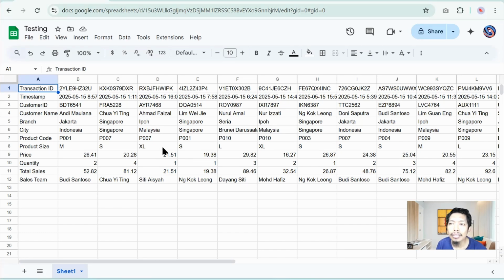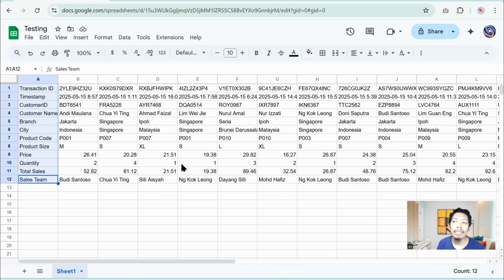Now, as you can see, the data is not displayed in a very readable format. All the column names are placed in column A, and the values stretch out horizontally. This layout can be difficult to read, especially when working with large datasets. So let's fix that by transposing the table, turning it from wide to long. There are two ways to transpose data in Google Sheets. I will demonstrate both methods and explain the pros and cons for each.